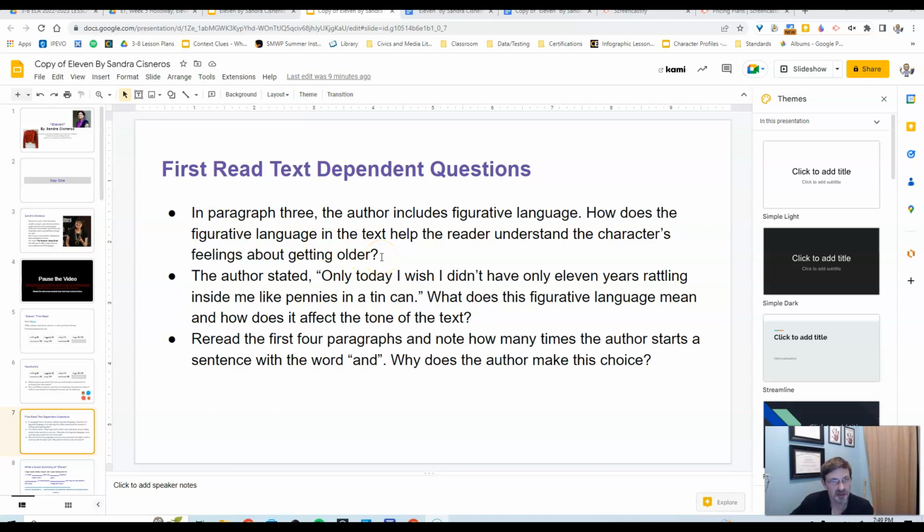Remember, we're not looking for big long paragraph answers. We're just jotting down some thoughts. And then the teacher in the room is going to give you some time to partner up with somebody, discuss these questions, see if you're in agreement, if you're not in agreement, see if you kind of went in different directions. Sometimes you may have two different answers that are both good answers, and just have a little bit of discussion.